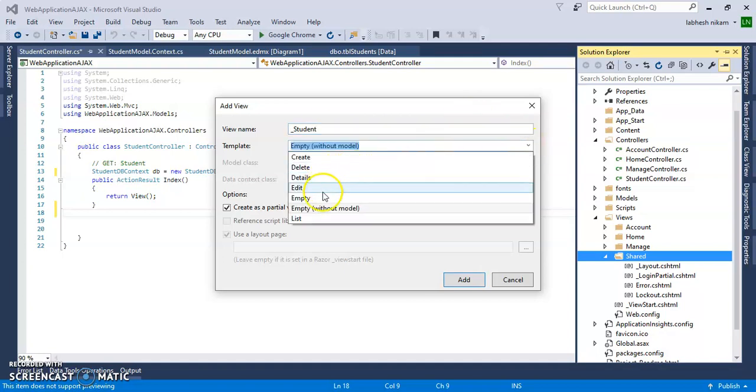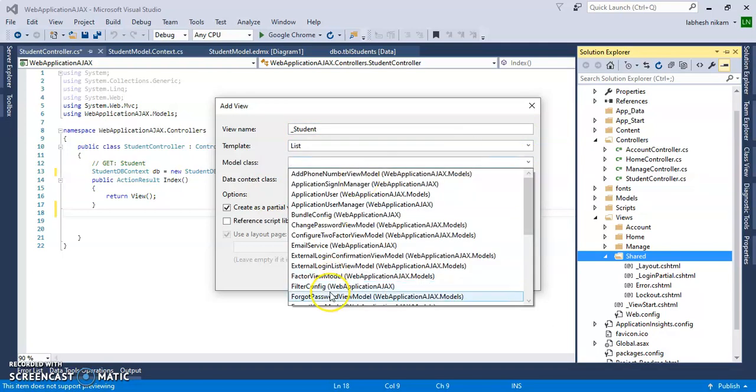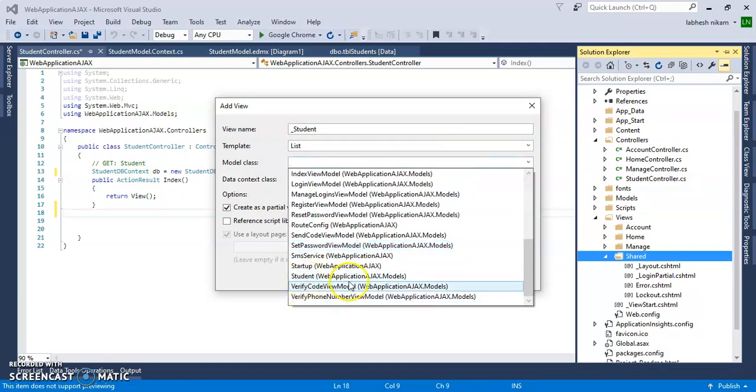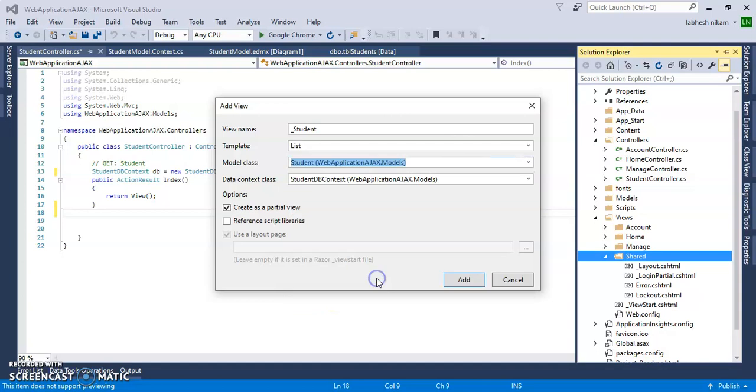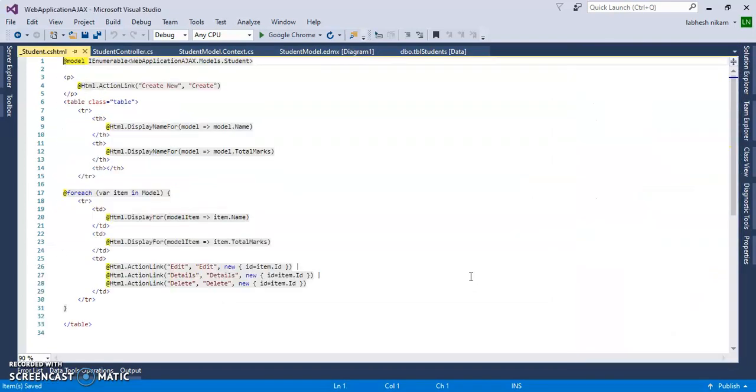We'll add a list view using this model, StudentWebApplicationAjax.Models. Let's create it, and I want to display only the names and the total marks of the students.